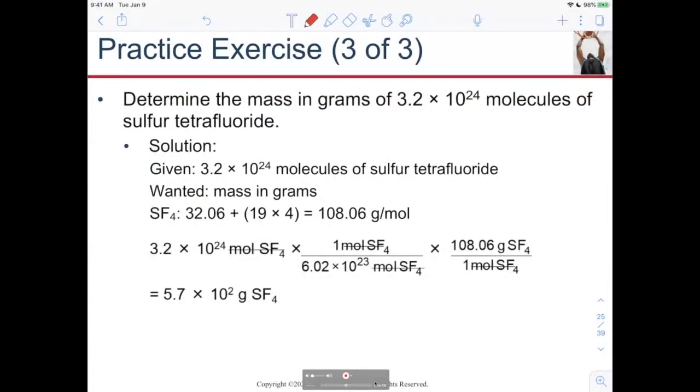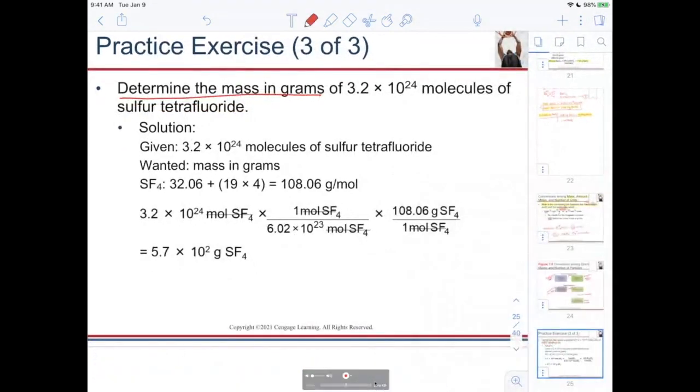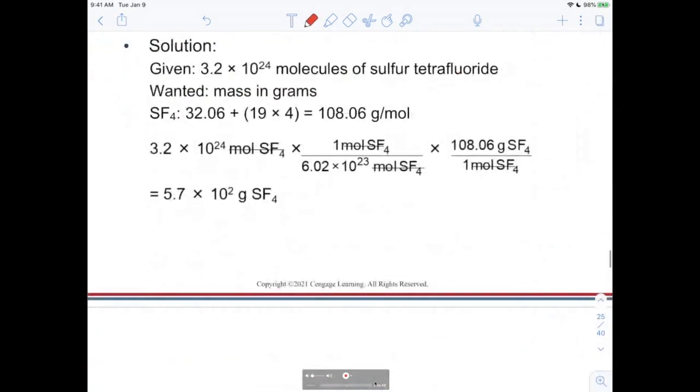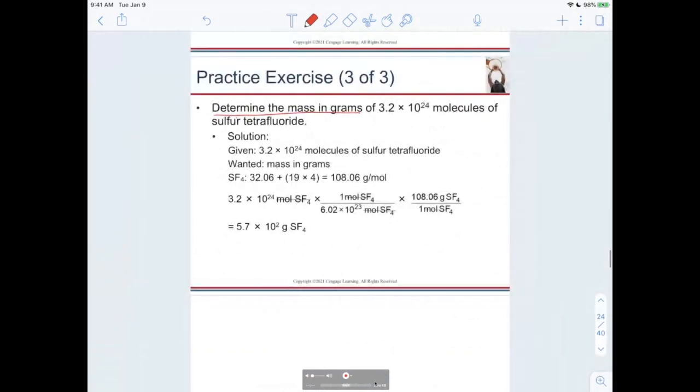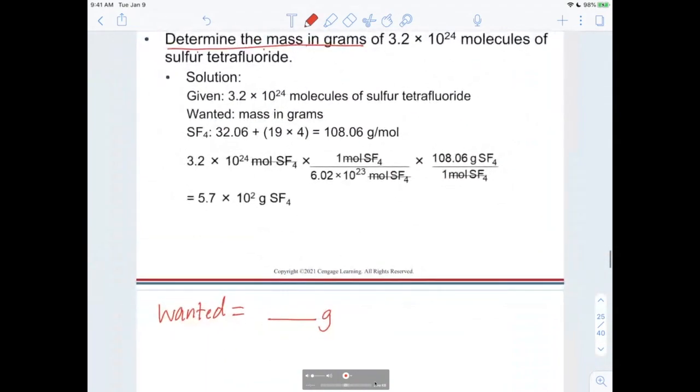Okay, practicing. It says here, practice exercise 3 of 3, determine the mass in grams. So our goal is to get grams. Here, determine the mass in grams. So what is wanted? Our goal is to get some number of grams of, okay, you see the top part. And what is given to us? We're given 3.2 times 10 power 24